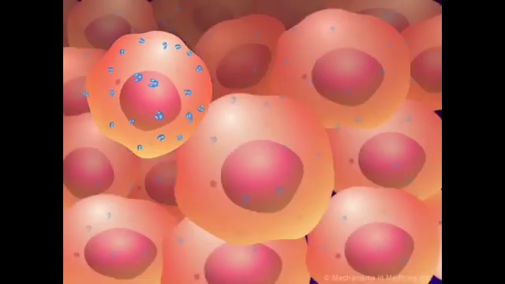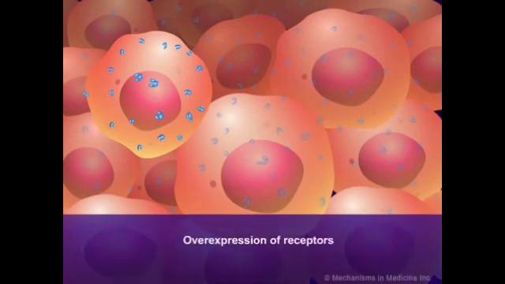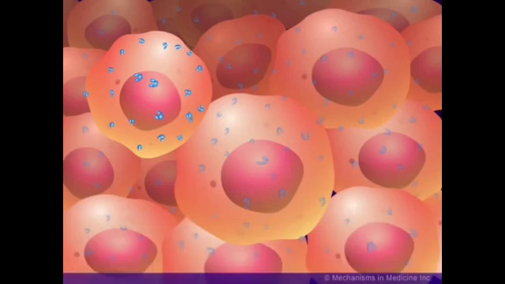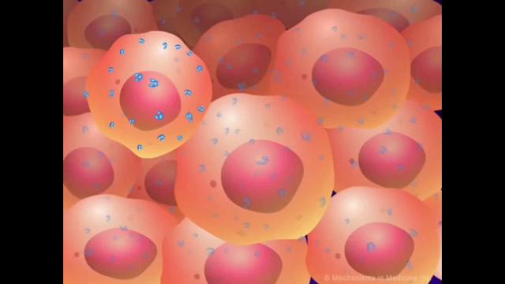The end result is a higher than normal number of copies known as overexpression of the receptor on the tumor cell surface. This gives the tumor cell increased potential to be triggered into a growth phase by the binding of ligands to the excess receptors. The more receptors expressed, the more binding sites are available for the ligands.